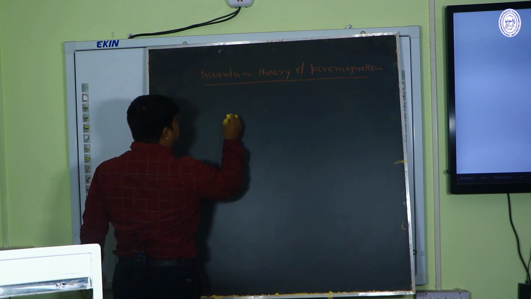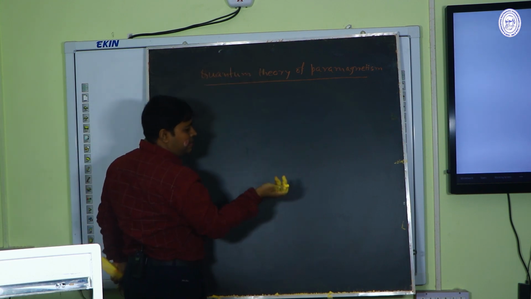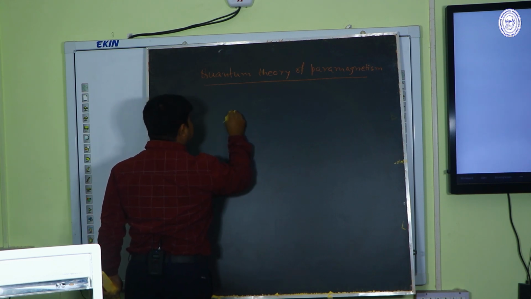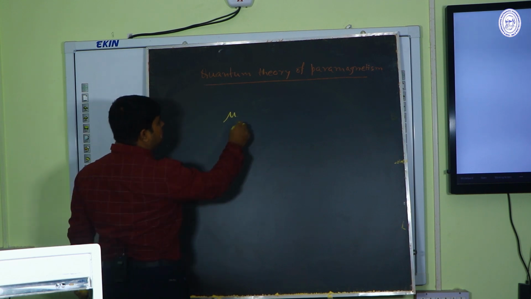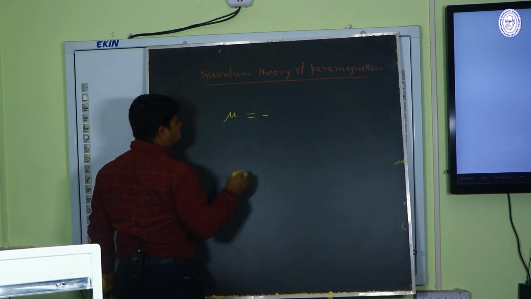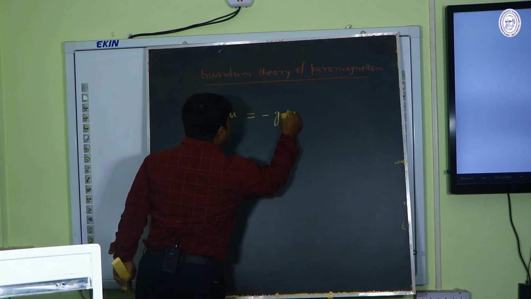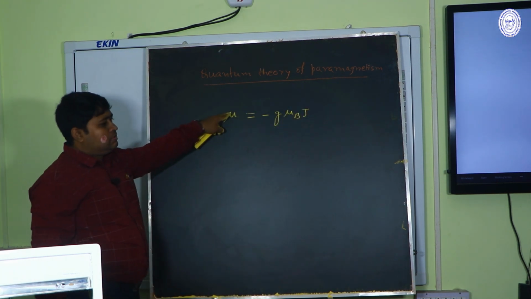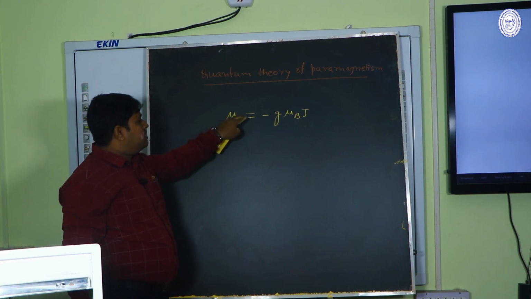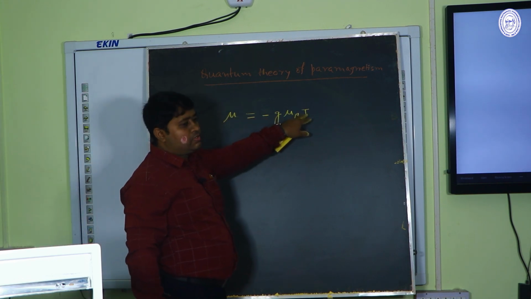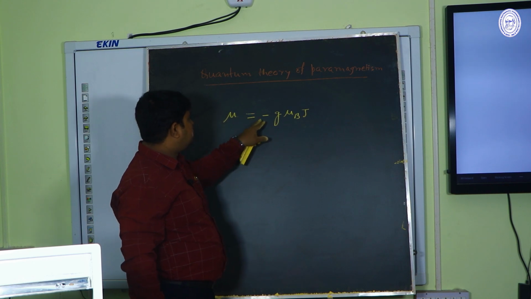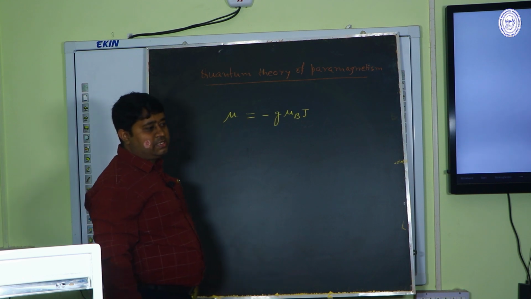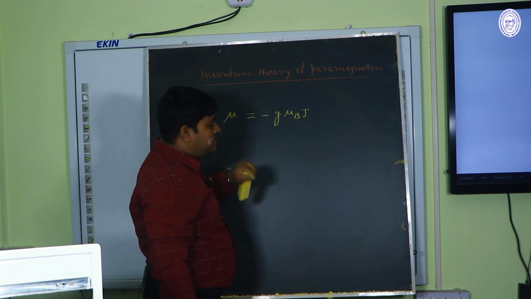The magnetic dipole moment is directly related to the total angular momentum by the relation mu is equal to minus g mu B J, where J is the total angular momentum and J is equal to